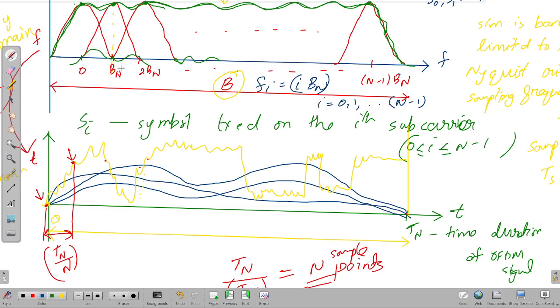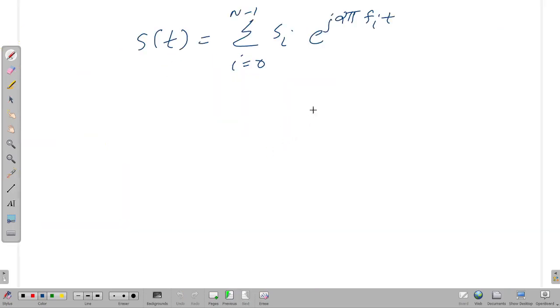So Fi is basically I into Bn, and if I am considering the nth sample in time domain,